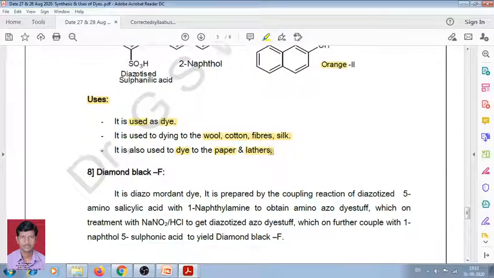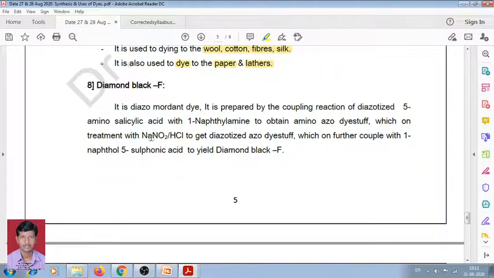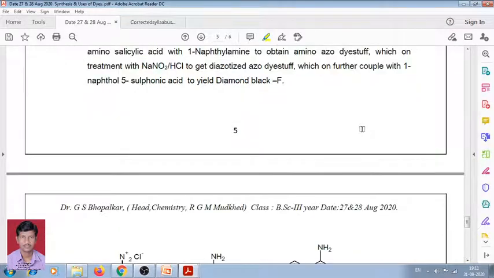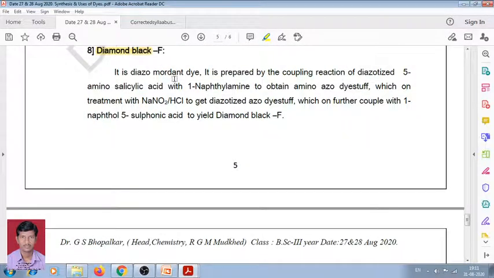Now, the next one is the diamond black F dye. What type of dye is this? It is a mordant dye. You are well aware of the acid dye, basic dye, then mordant dye, direct dye, vat dye, azo dye. All these are classes of dye. Diamond black F is used as a mordant dye, and it is prepared